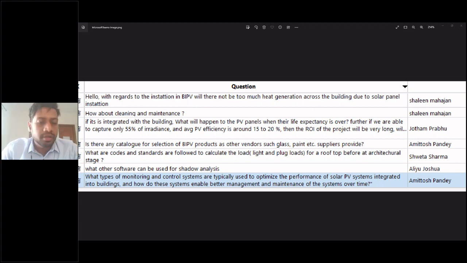Okay, what are the codes and standards? See, when it comes to codes and standards, I think those are the basic electrical codes and standards which you need to follow for calculating the load. But when you are looking to calculate the load based on your solar requirement, the main thing that you need to consider is your contract demand, which is available on your electricity bill. This comes into play because